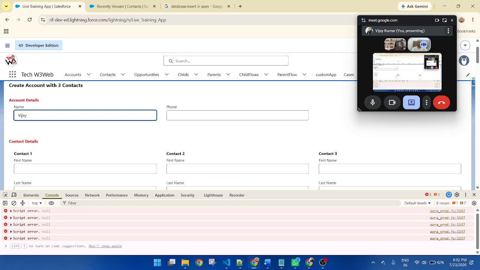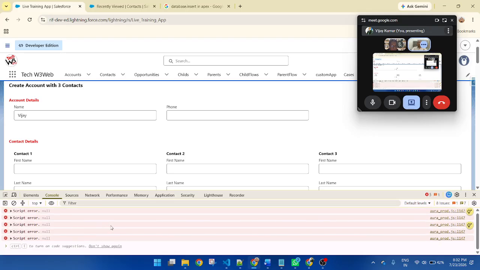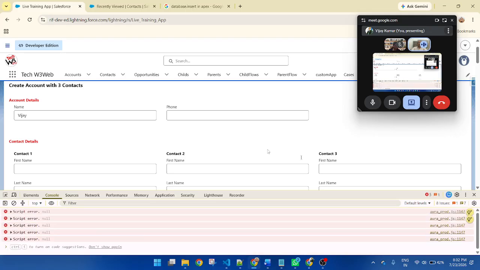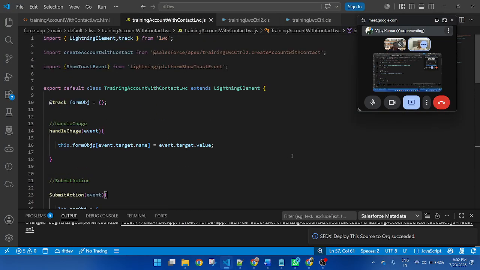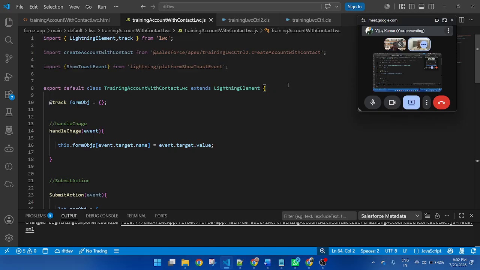Here I am getting an error. Account script error. Okay. So this is the export method.